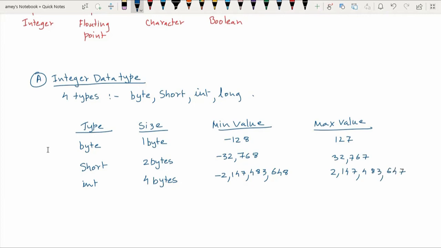And finally we have the long data type, which is 8 bytes.